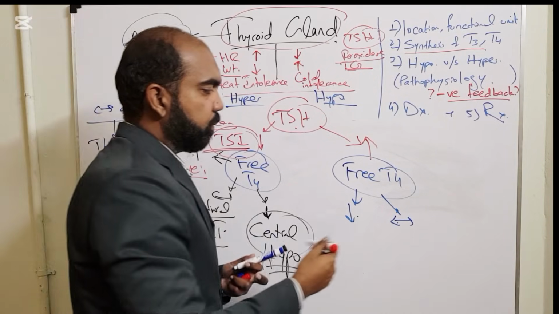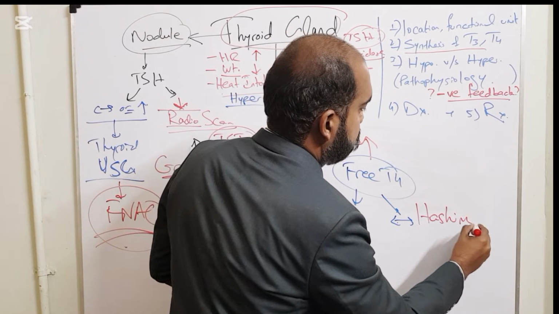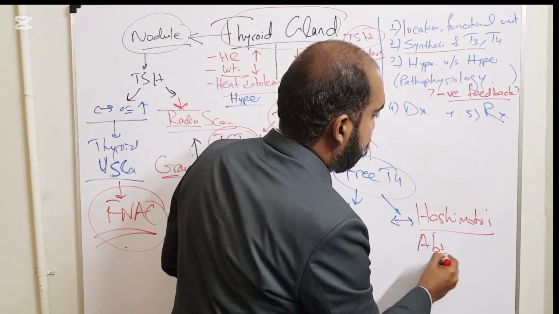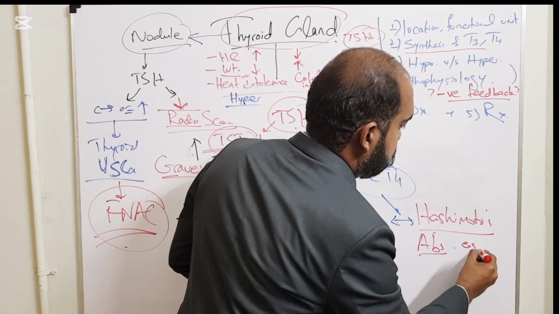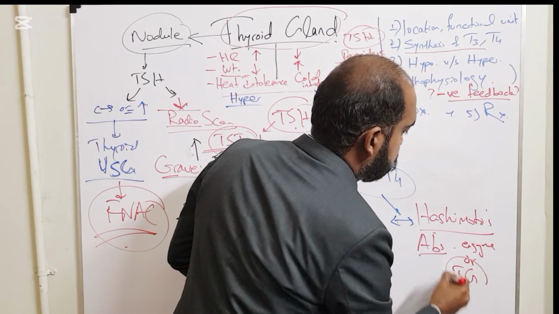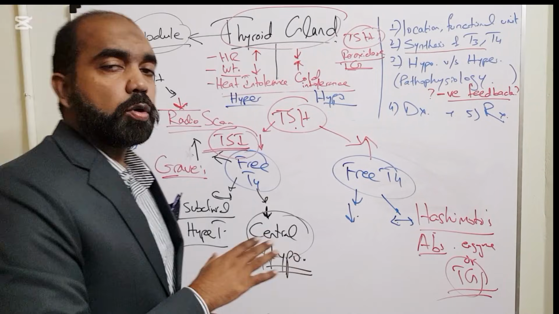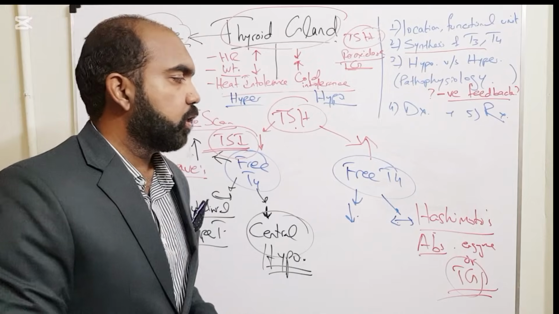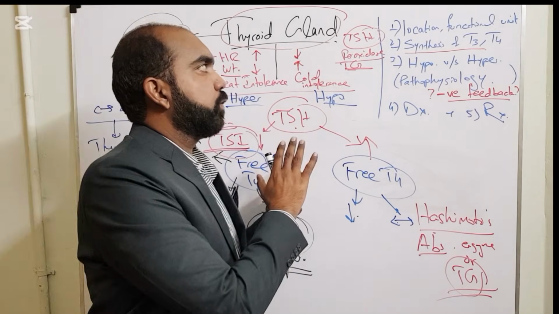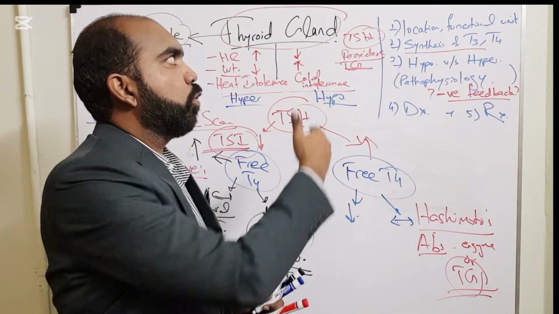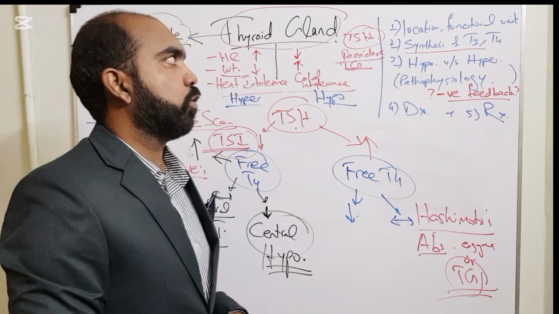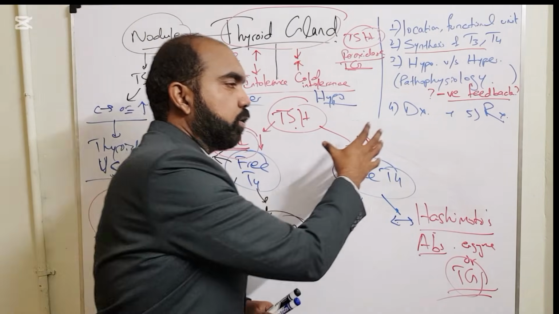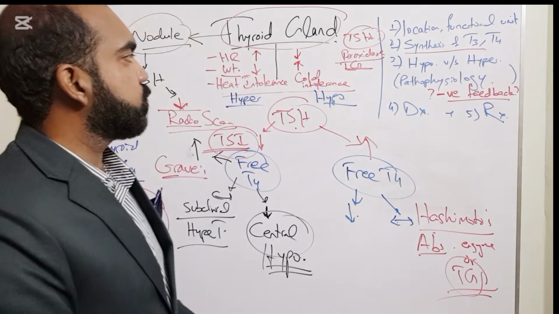And in terms of hypothyroidism, Hashimoto's thyroiditis, we have antibodies against peroxidase enzyme or the thyroglobulin protein. So you should know all these investigations, the tests, and their relevant interpretation. So we have gone through a brief overview of the functional unit of the primary requirements for thyroid hormones, the functions, hypo versus hyper pathophysiology, the diagnosis, like what investigations we can do to diagnose a patient who is likely